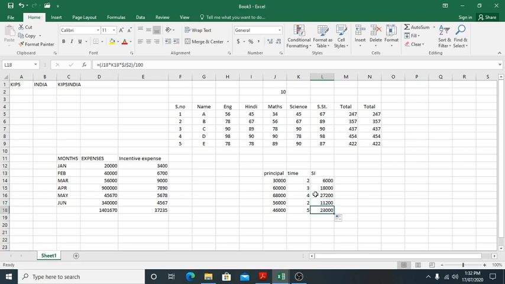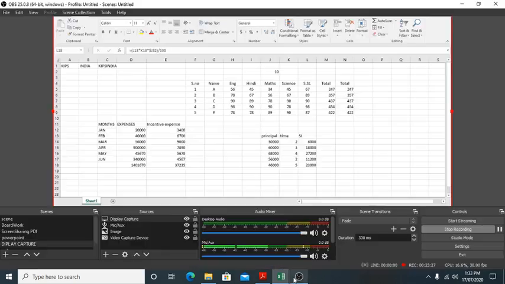It means all the principals and times change, but the rate is the same for all the values. We are not changing it with the help of the absolute value. $J$2 we have used. It means if we use the dollar sign, the value will never be changed. SI. Clear?